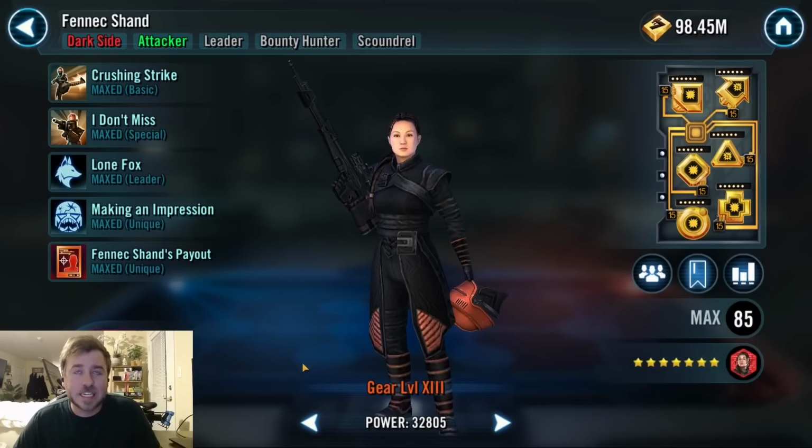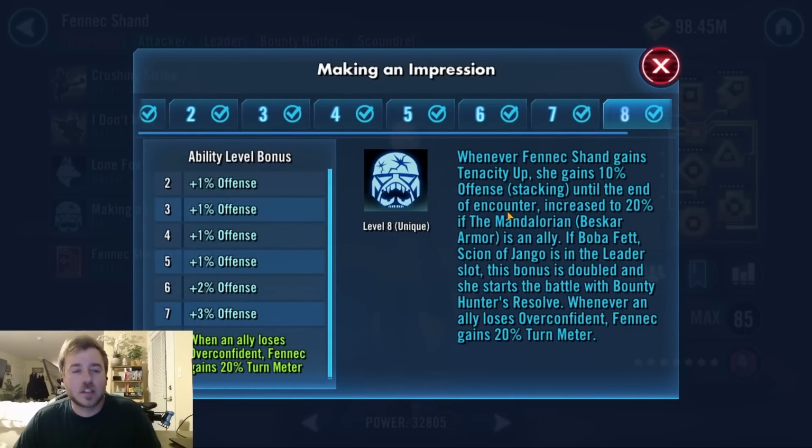Last one I'm going over today is Fennec Shand, and if you've noticed a pattern, I am looking at her unique. Uniques are the easiest ones to miss. So it's clear when you face Lord Vader, she ramps her damage. But why does she? Whenever she gains tenacity up, she gains 10% offense, stacking until the end of the encounter. You get 20 if you got Bam on the team, which isn't happening as much. It's kind of better right now with her,